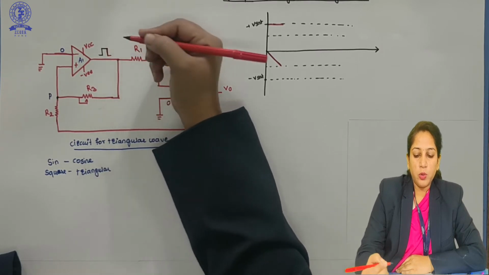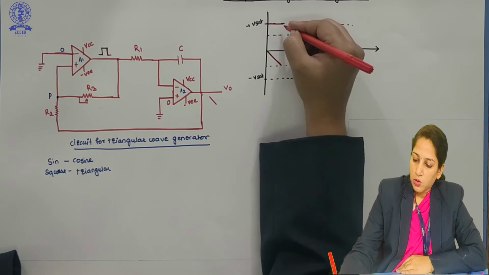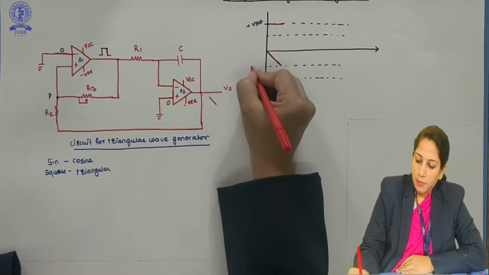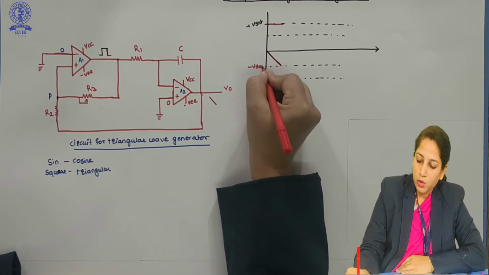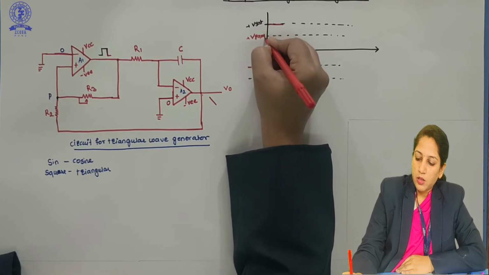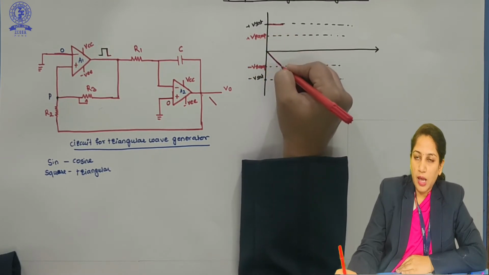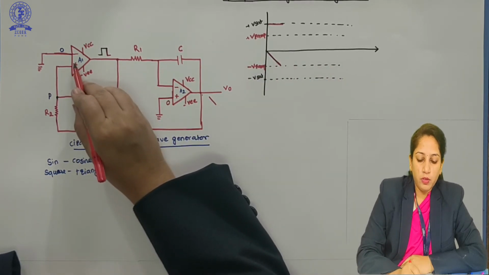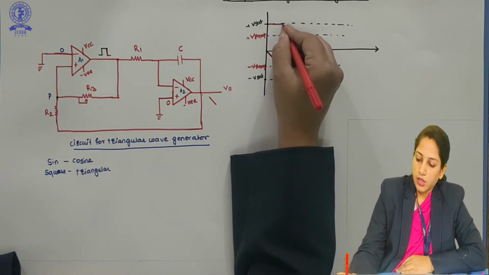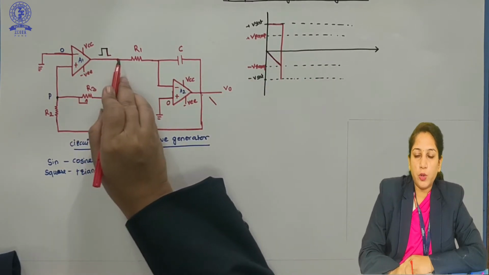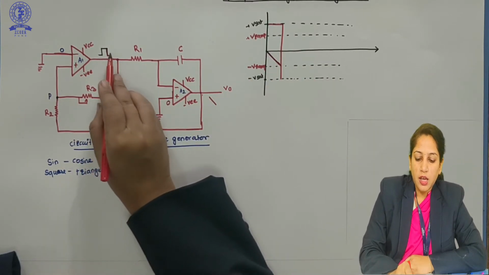So here it will go into minus V saturation. As I attain this voltage as a minus V ramp, I will consider this voltage as a minus V ramp and this will be plus V ramp. Okay. So as it attains the minus V ramp voltage, the voltage will be more on the inverting terminal and I will get a negative saturation.